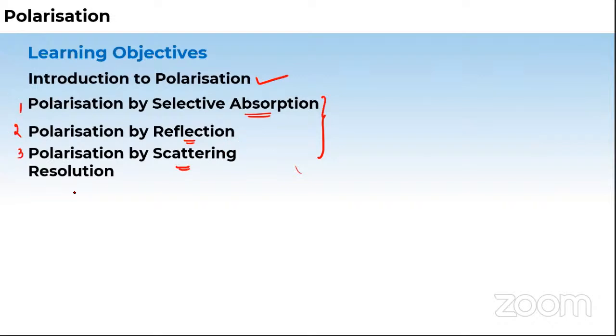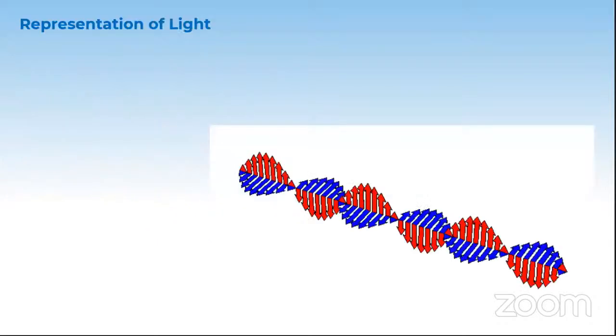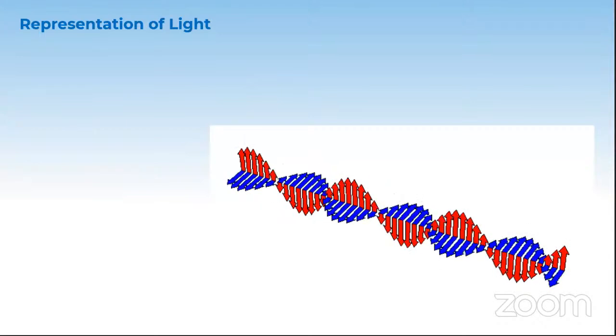We are going to see what these three ways are, and lastly, we'll see what the resolution of an image is. For example, when you're watching a video or a movie, you're very familiar with the words 360 pixel, 720 pixel, or 1080 pixel. These are nothing but the resolution of a video. Similarly, we're going to understand the resolution of an image. With these four concepts, the chapter will be done. Not much remaining, but let us use time and complete it very quickly.